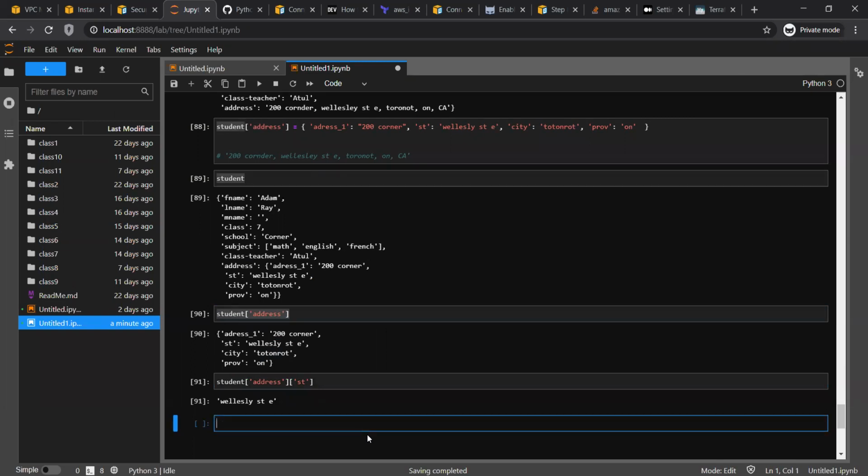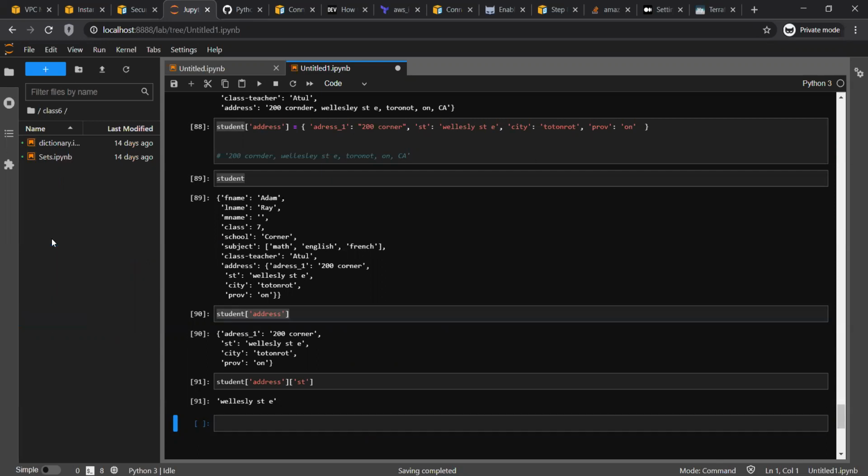So a dictionary can hold any data type. It can hold an integer, a string, a float, a list, a dictionary, tuples. It can store any kind of data type. It depends on what you want. So you can design your dictionary that way, and it will work flawlessly.